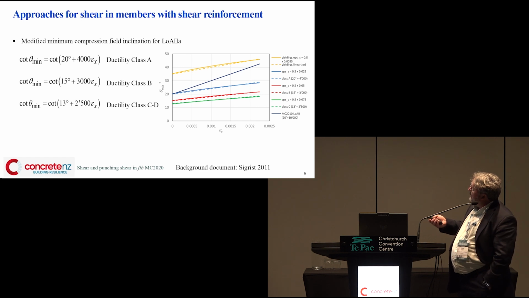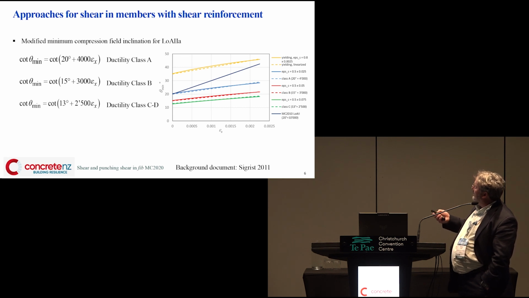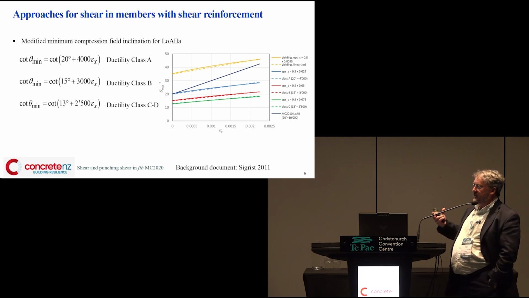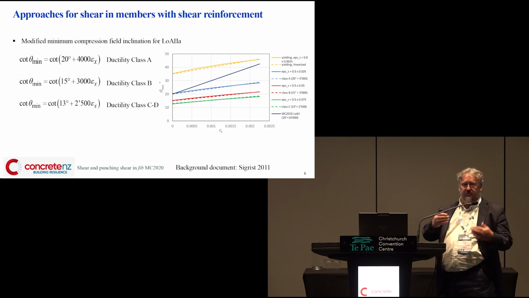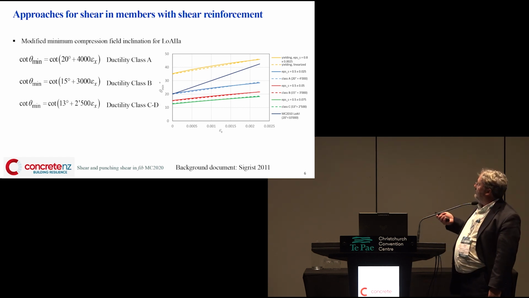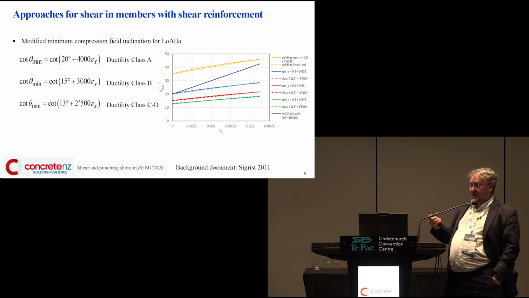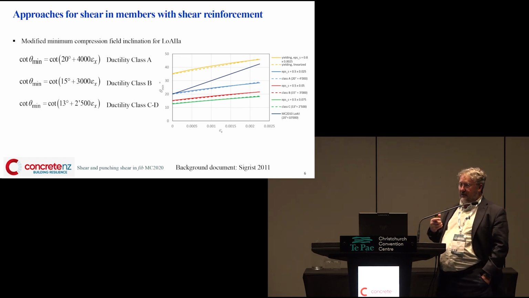So this is the area here, and you can see the different curves. This is the curve that was in the Model Code 2010 for strain εx based on θ. And you'll see this has been refined and updated, trying to bring these plasticity models and the modified compression models closer together. So we have less inconsistency in them. It also takes into account the level of ductility in the reinforcement. So if you've got a ductility level B, or in New Zealand we call ductility N grade,